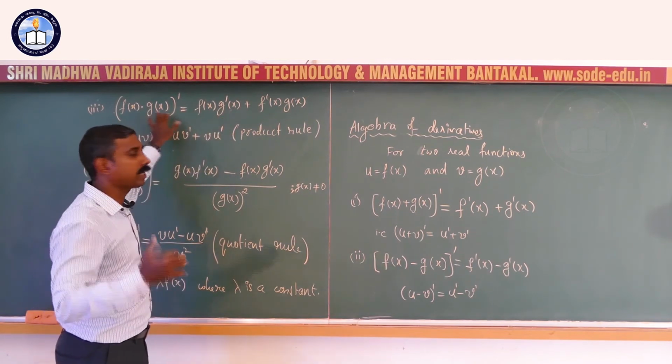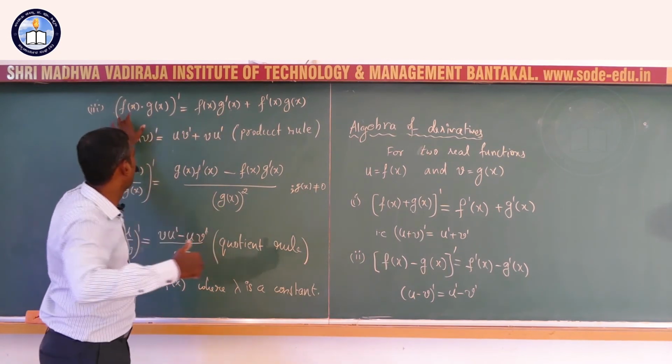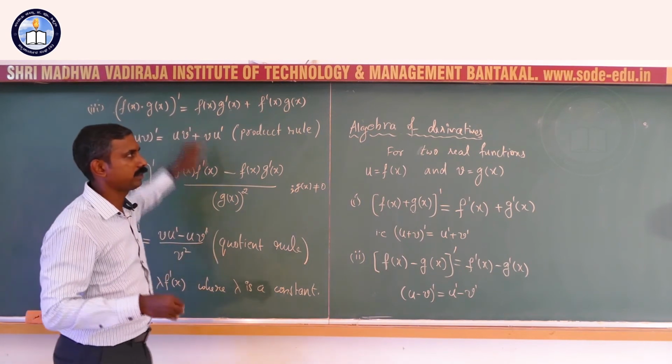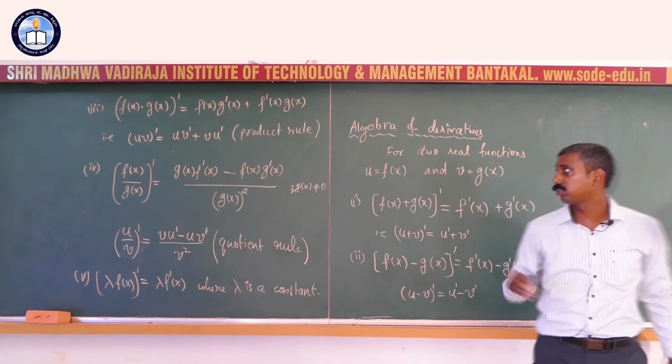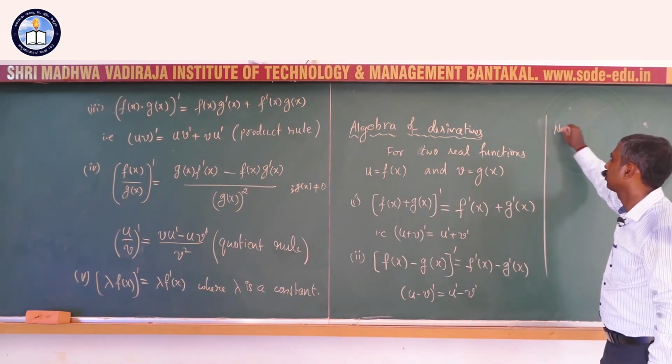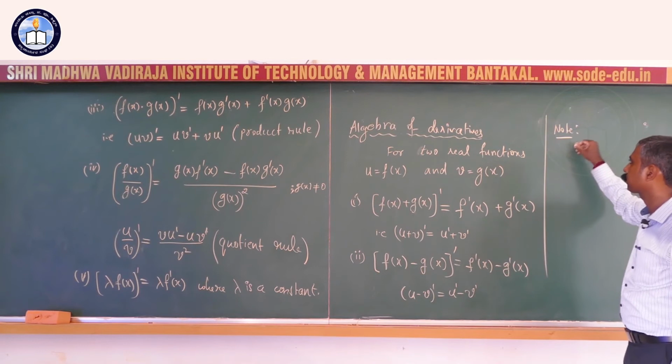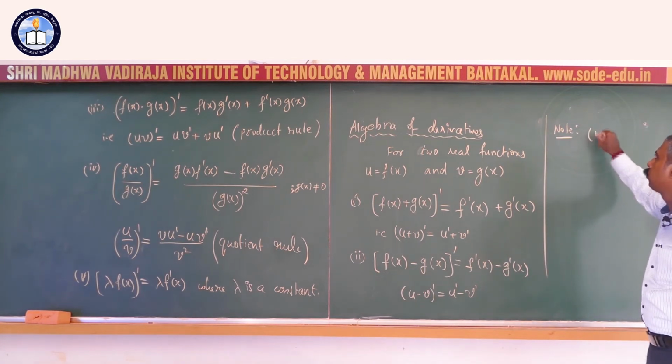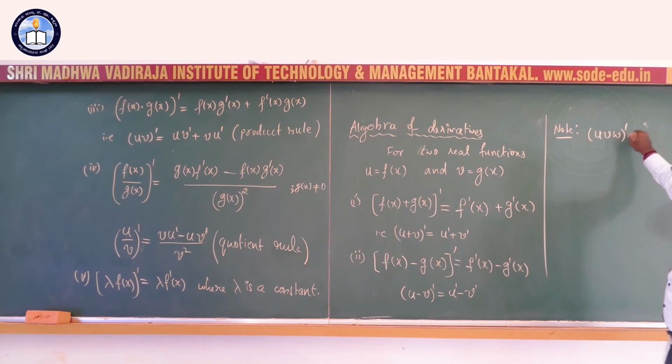Then after that you take another function. It is a composition like u, v, w. Let us consider it as a note. Suppose you have three functions, u, v, w. Then (uvw)' will be: u is a constant, v is a constant, and w is differentiated. Then u and w act as constants and v is differentiated. Finally the first function is differentiated and the other two act as constants.